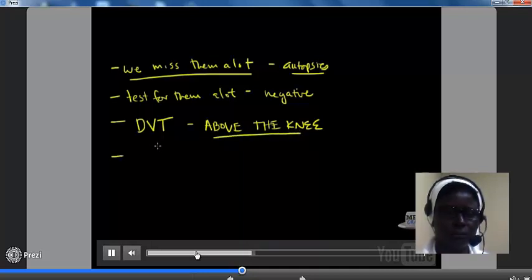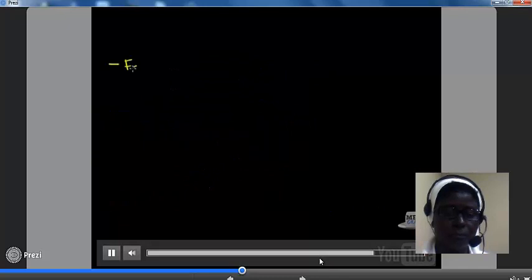So, well, what is the pathophysiology? The pathophysiology specifically is that these blood clots form down in the legs because of something like factor 5